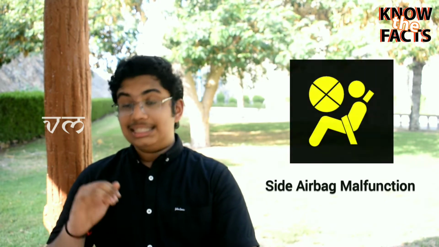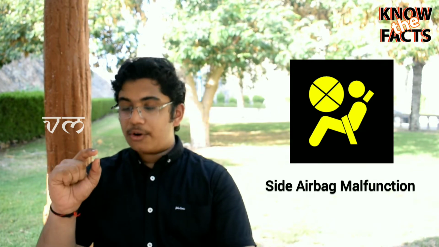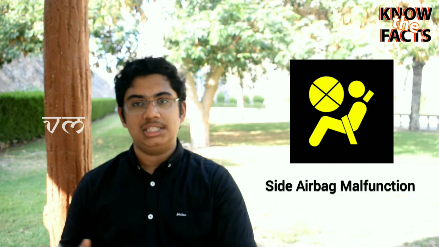The indicator light will turn on momentarily if the ignition switch is locked and will need the proper transponder equipped key to restart. If the light is visible when the vehicle is on, then it typically indicates a malfunction in the security system. The side airbag, the next one. The side airbag indicator light means a fault with the side airbag. It's obviously as the name suggests.